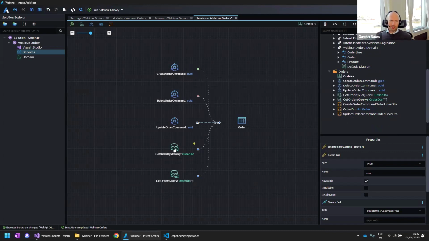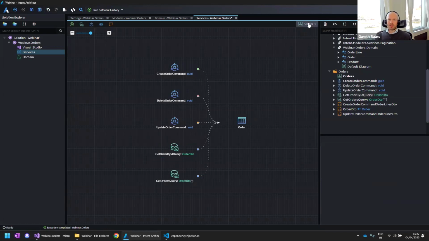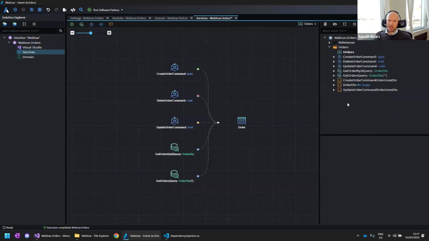And on the queries, just in case there's any confusion here, this is a diagram, okay? Over here, you can have as many diagrams as you want, and this is a view onto the model. The model is over here on the right, and this is the truth of the system. So you can have different diagrams to take different views on the model, but ultimately the model is the truth and a diagram is the view on the truth. Just want to make sure that's 100% clear.